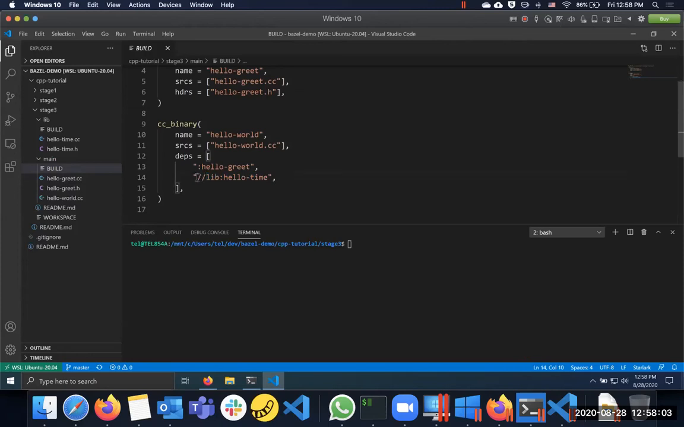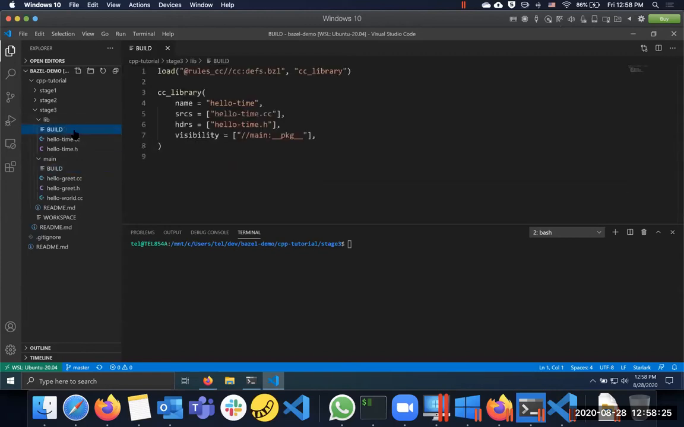And now previously I showed you can use /main because that was in the same package. You don't have to specify those. It's a relative path essentially. And now this lib is not in the same package, it's a different package. So that's why you need to specify the full label so that Bazel knows where to find it. So hello time, and then in the build file for that package,